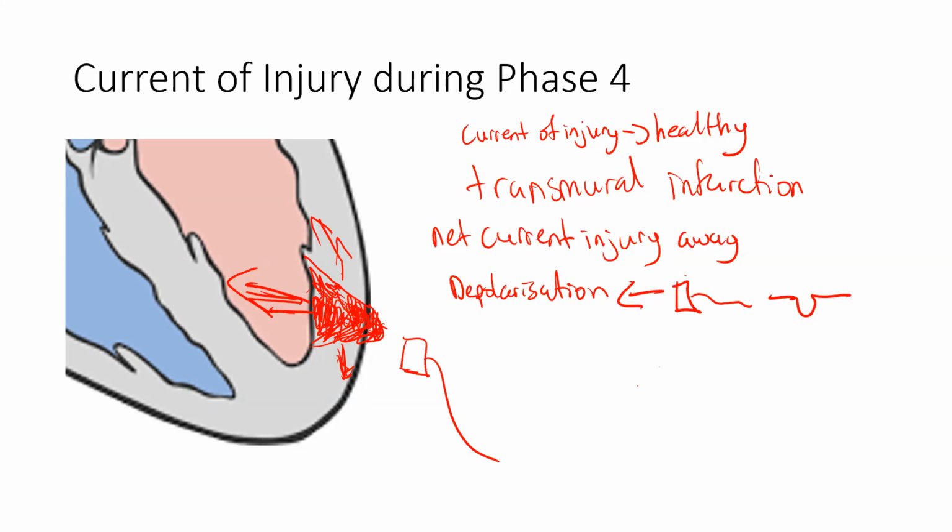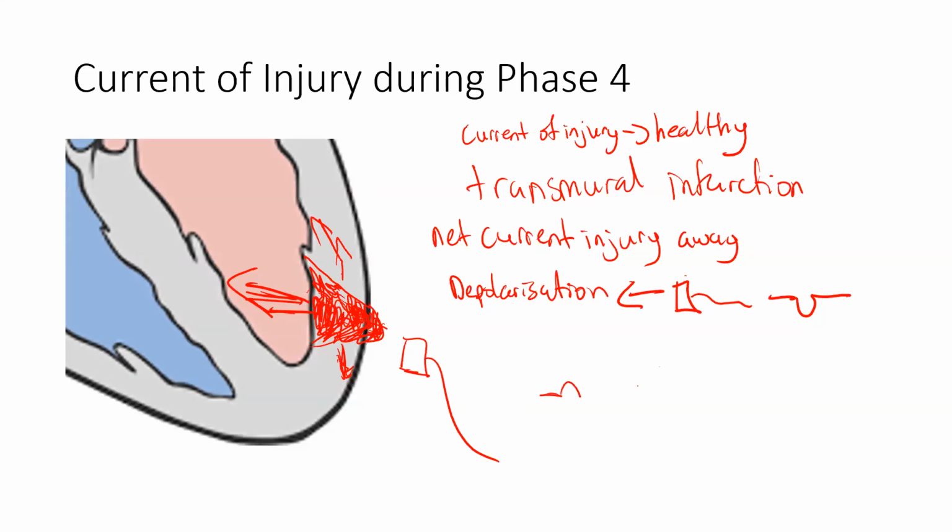And so this lead is picking up that this net current is actually moving away. So this net current of depolarization is going away from the lead. It's going to pick that up in phase 4 of the QRS complex as a depression of the baseline. So how that actually looks is